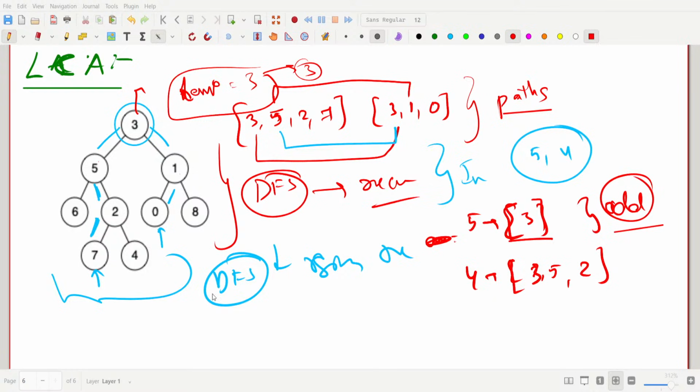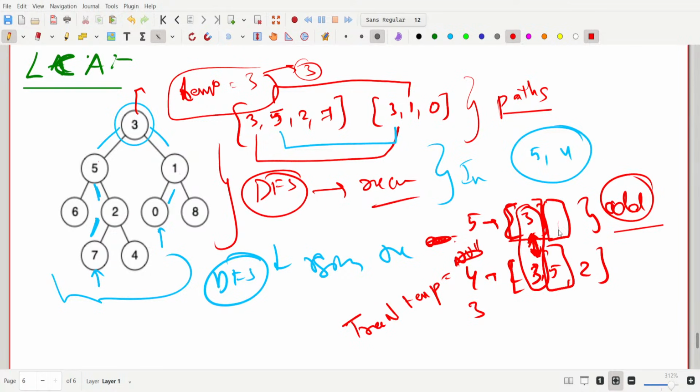Now our main aim is to find the least common ancestor, right? Now let's check whether these two are the same. If both are the same, we'll make a tree node, like a temporary node. At first I will make it null, then we'll use this. If both are the same, then we'll use tree node as 3, and we'll check if there is any other element which is equal in both 4 and 5. There is none, so we will return 3 because this is our least common ancestor, because 3 is connected to 5 and